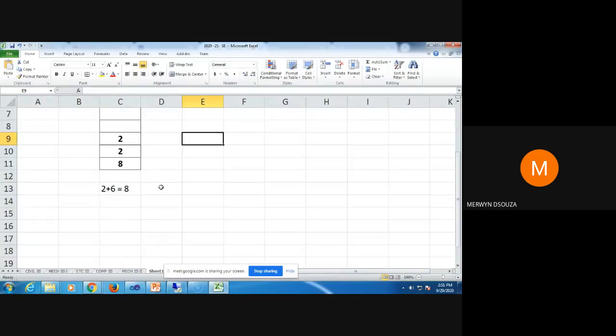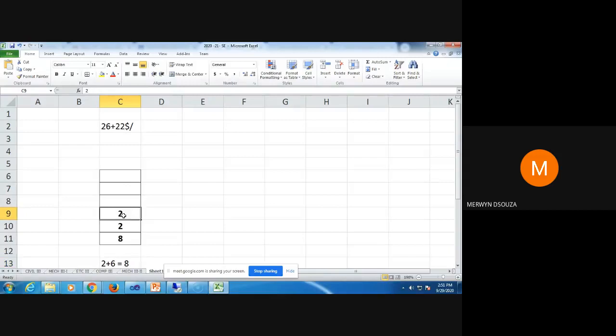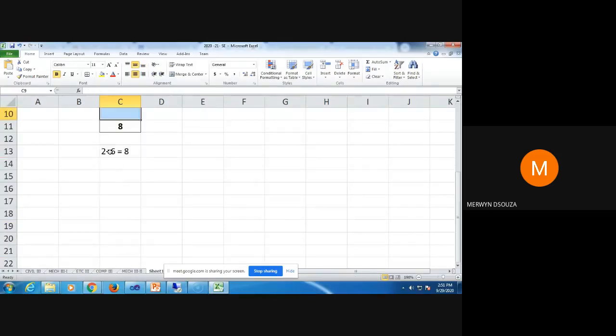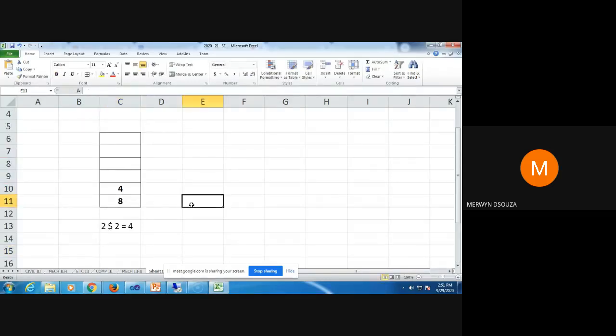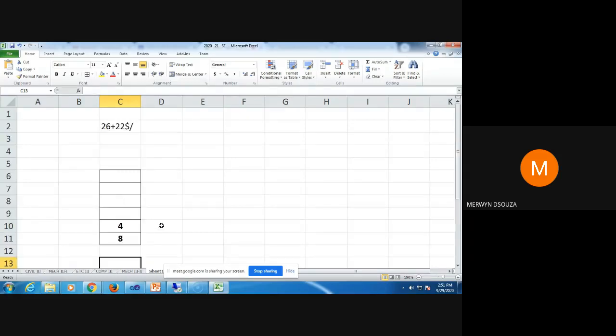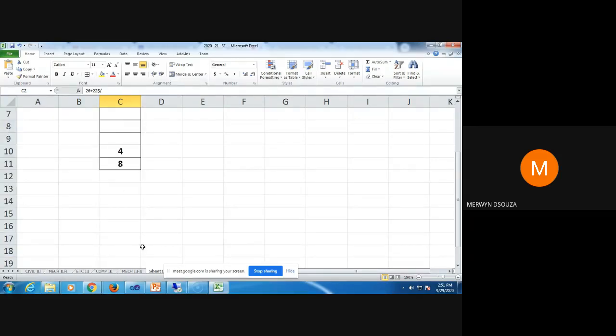Next you read dollar. When you read dollar, pop the two topmost values. So you pop 2 and 2, and do 2 dollar 2, which is nothing but exponent. So 2 raised to 2 is 4. Push 4 onto the stack. The last thing you read is division. So when you get division, 8 divided by 4. You have already popped these. When you do 8 divided by 4, you get the answer 2. So 2 is the answer.